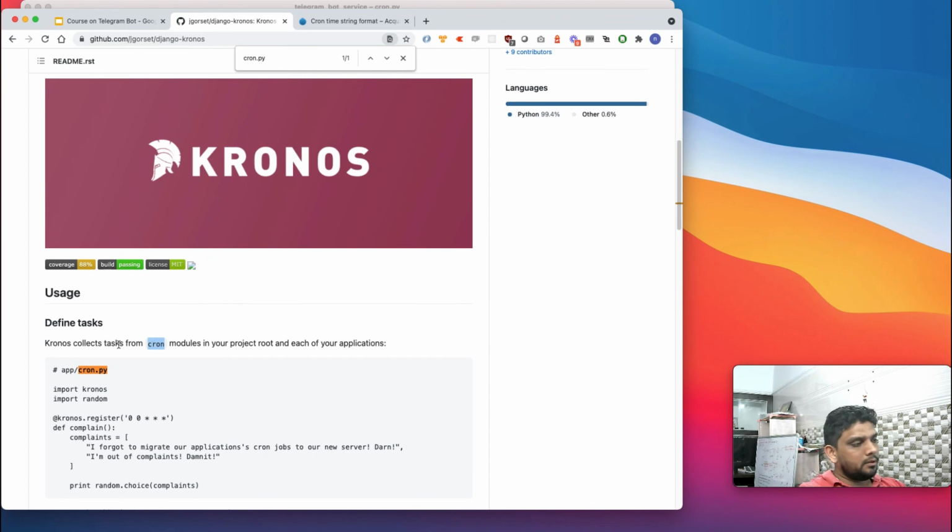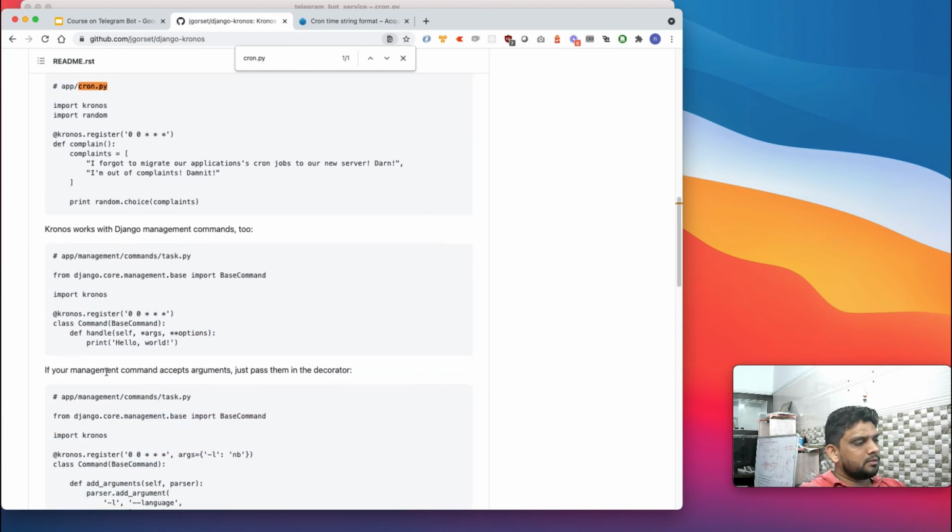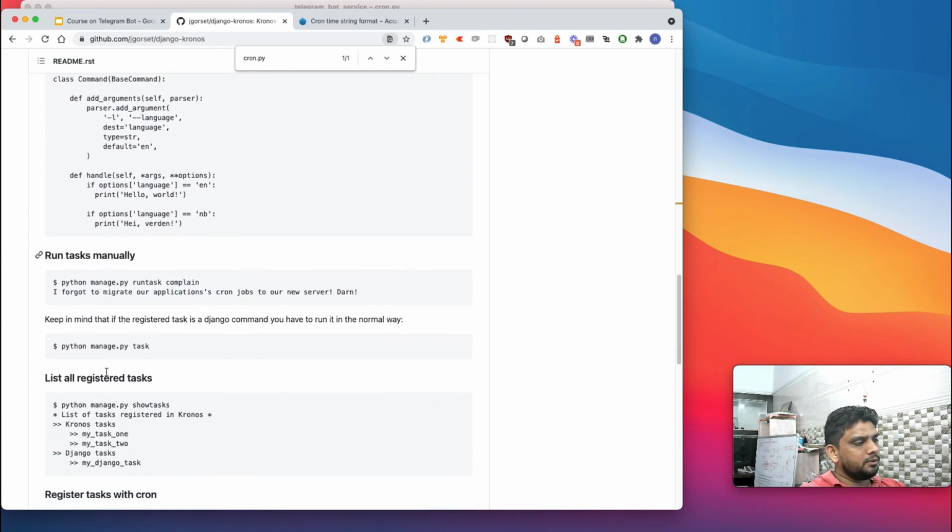What we left after adding cron is that we just need to add this in our install task, which we have not done.